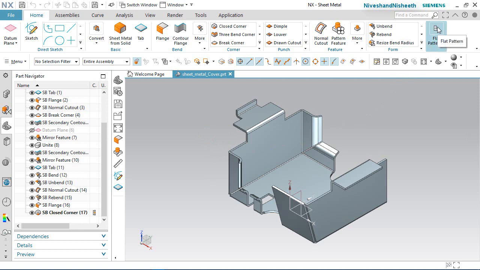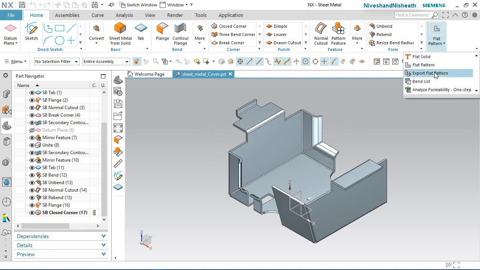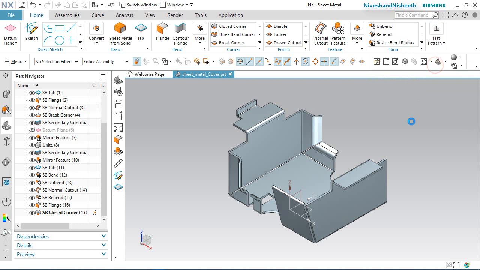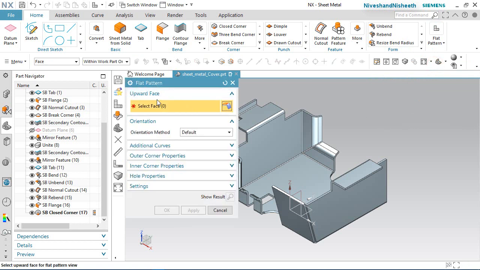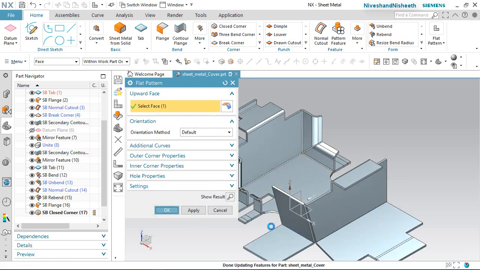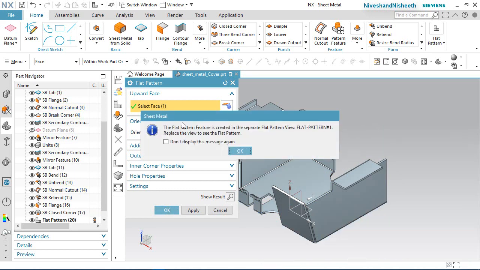Now activate the flat pattern tool. Select this face. Click OK. Now the pattern view is generated. OK.